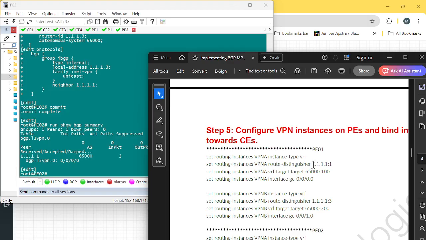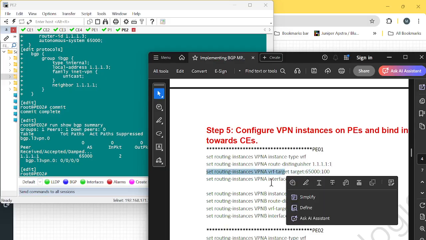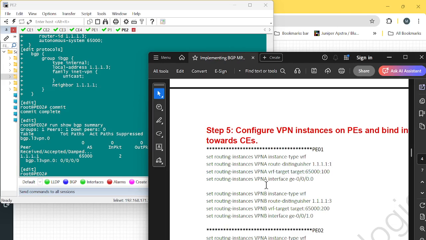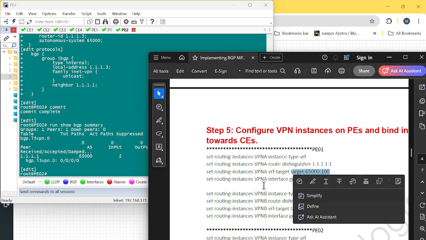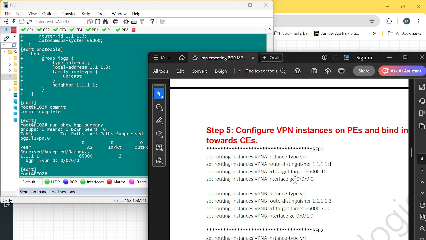In this case, we are using type 1 route distinguishers. You can see that we are using the loopback IP and a random number. This is a type 1 route distinguisher, which is recommended. And then we are setting the VRF target. VRF targets control the route import and export between the PE devices. The devices in the same VPN should have the same route target so that they can exchange the routes. So this is the VPN target, and then we are putting the interface towards C1 in this VPN-A. So I'll copy this, and then go back to P1,